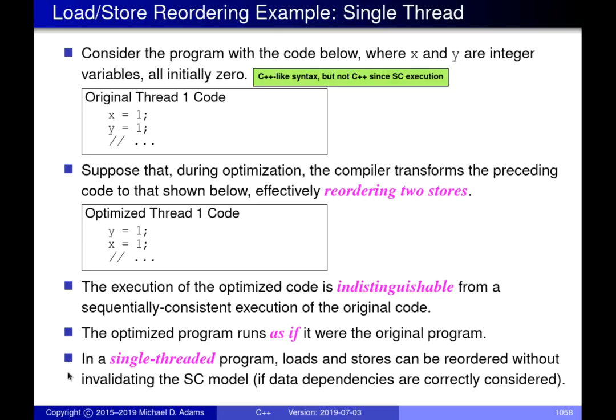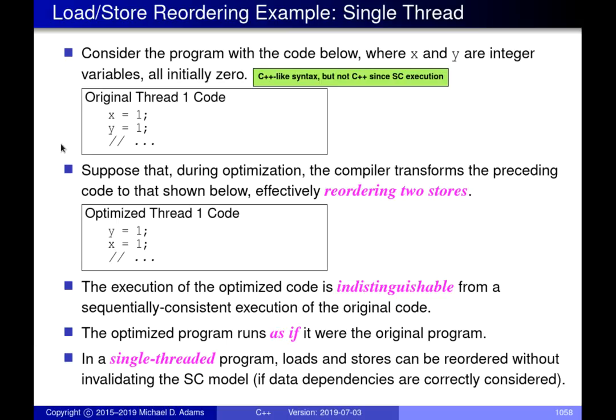So what I want to give here is just an example to illustrate reordering of loads and stores, and to try to explain or give you some insight into why this can be problematic. Essentially, we're talking about a compiler optimization that can be applied to your code, that if the compiler were to do it, it effectively destroys the sequential consistency of the execution environment in which you're running your program.